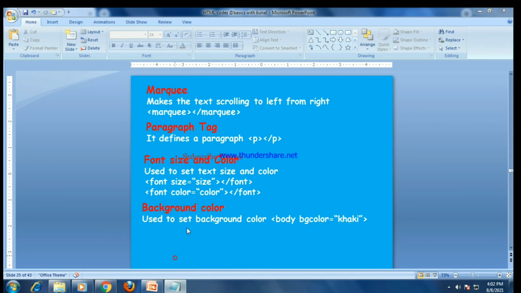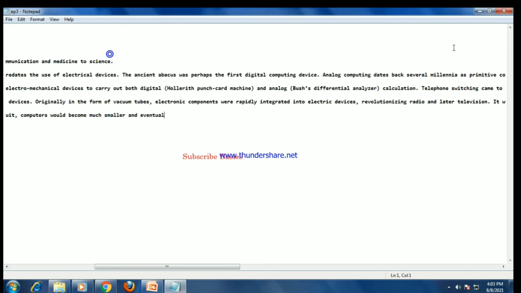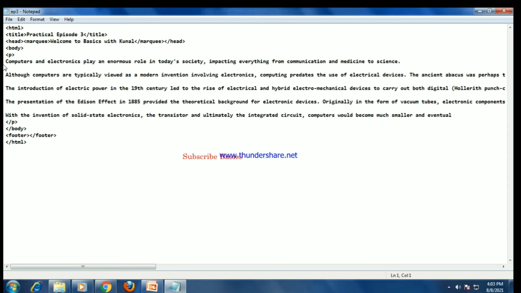Now our next topic is the paragraph tag. In the body we'll introduce a paragraph. Let's close it. It's used to write a paragraph. Suppose I am writing something like a paragraph, or I will copy paste it. Now you can see I have copied a whole paragraph, and now it has the paragraph off tag.